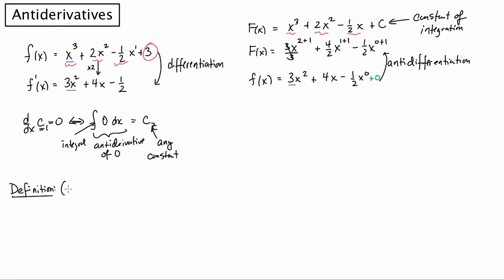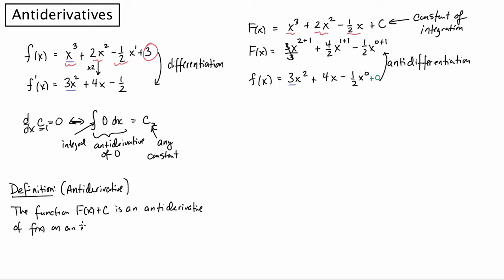So the definition of antiderivative, if this example hasn't made it clear, is that the function f of x plus c is an antiderivative of the function f of x on an interval I